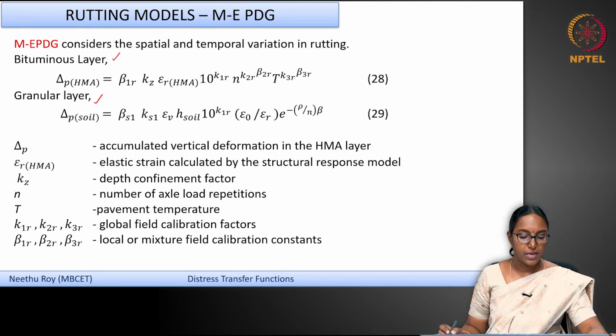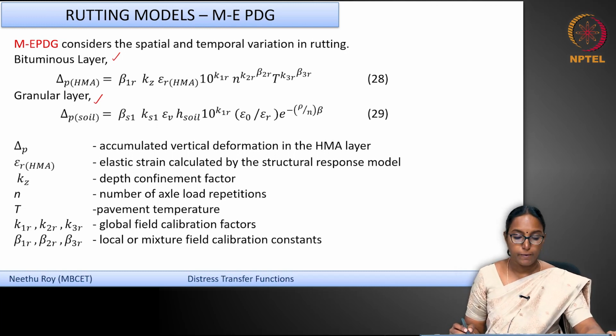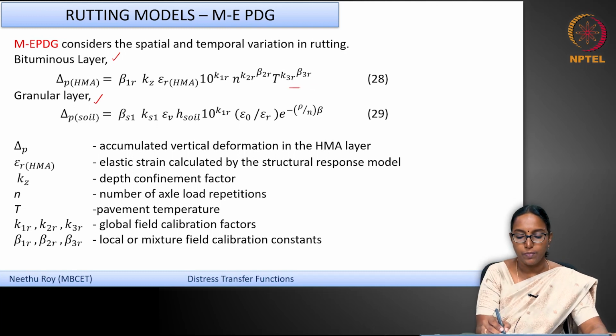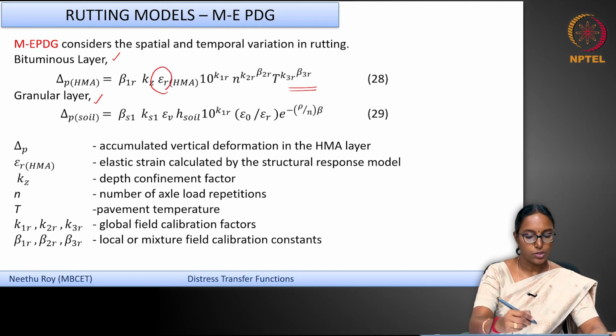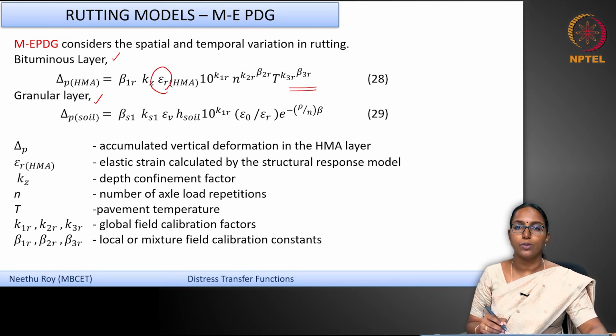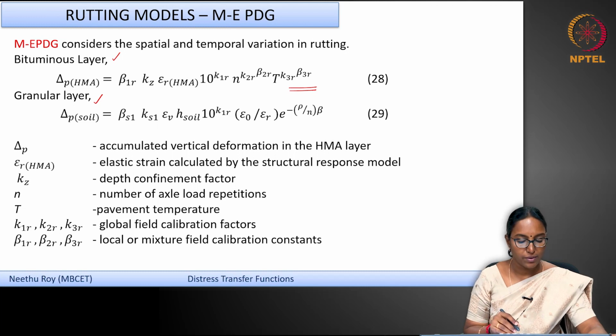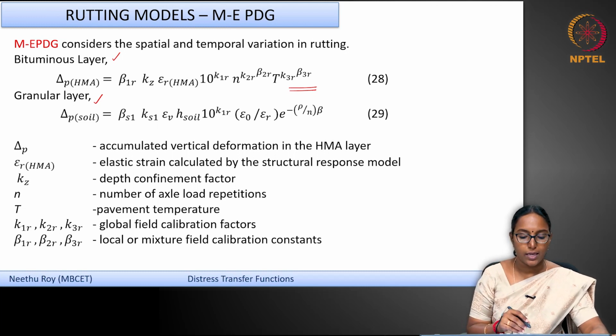Delta P is the accumulated vertical deformation in the HMA layer, that layer alone, represented by this expression which has parameters such as epsilon r HMA, which is the elastic strain calculated by the structural response model. So, you do a structural analysis or layered elastic analysis, and you can obtain the elastic strain in that